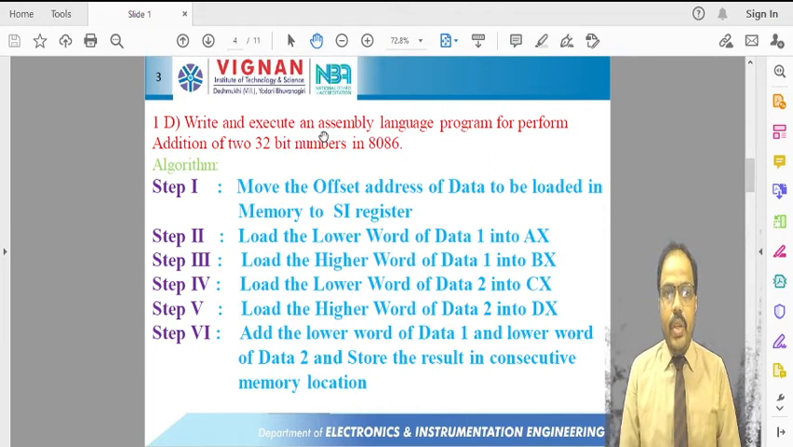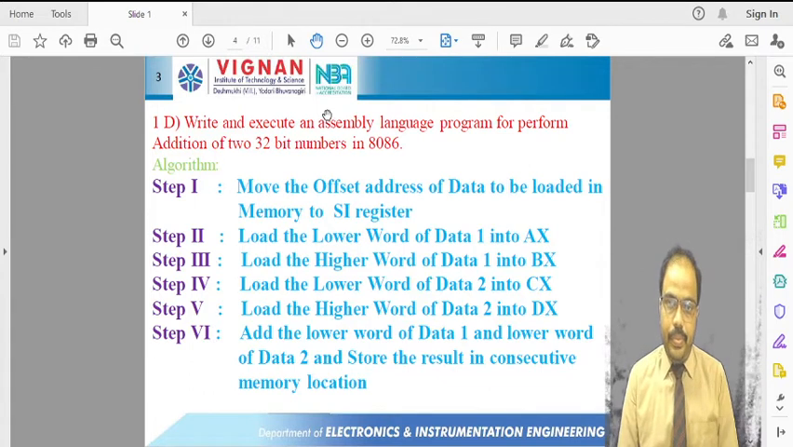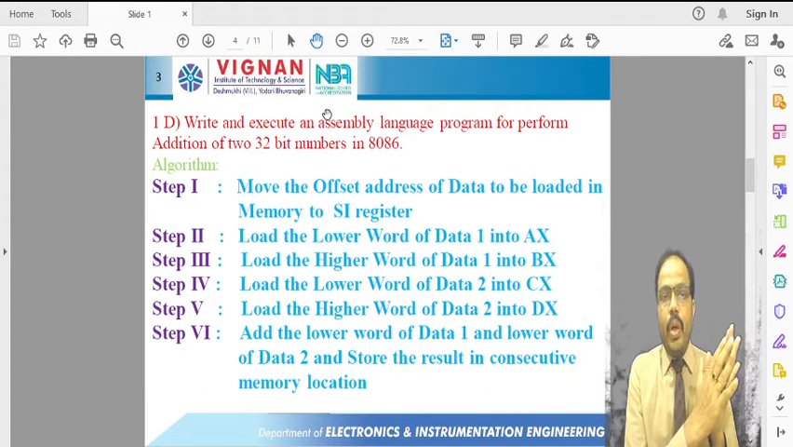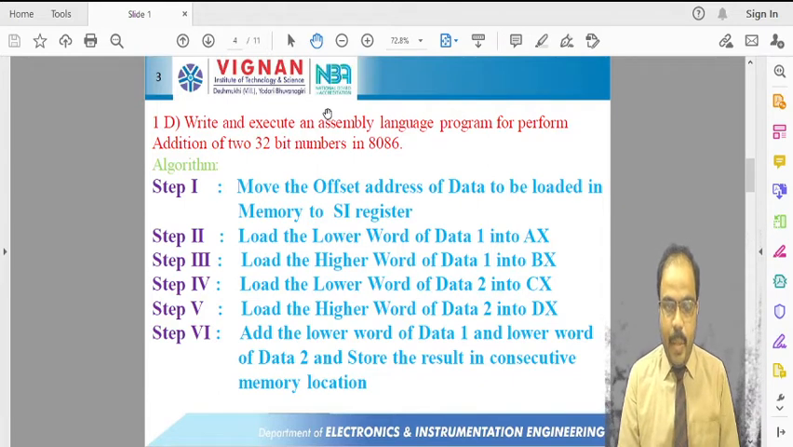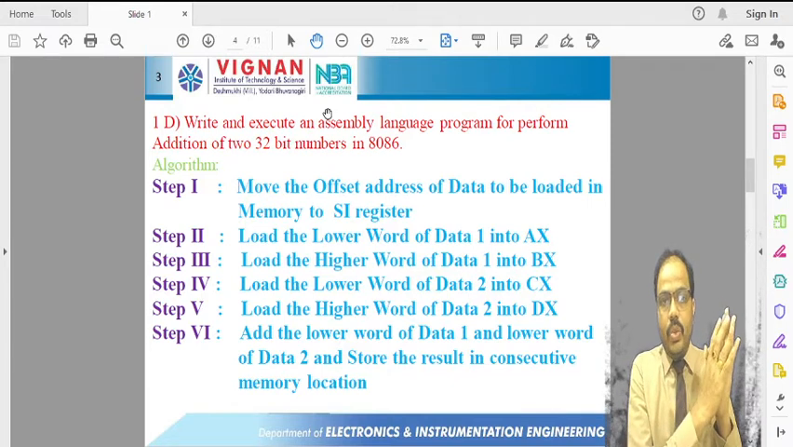So here, first we will see the algorithm, and then I am going to discuss the program. In this type of program, we are not going to initialize the data segments in the program itself. I am going to write the data using the debug commands. That means we are going to store the data directly in particular memory locations from a given offset address, or your desired offset address. So first we have to store the data of all the two 32-bit numbers, that is a total of 64 bits, in